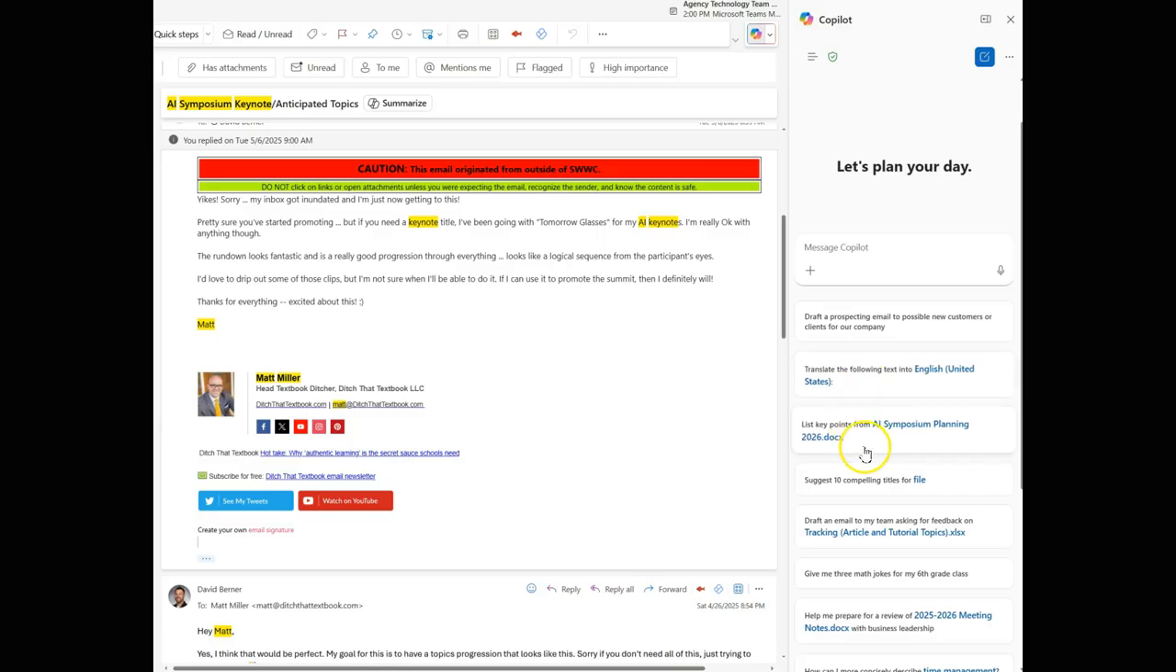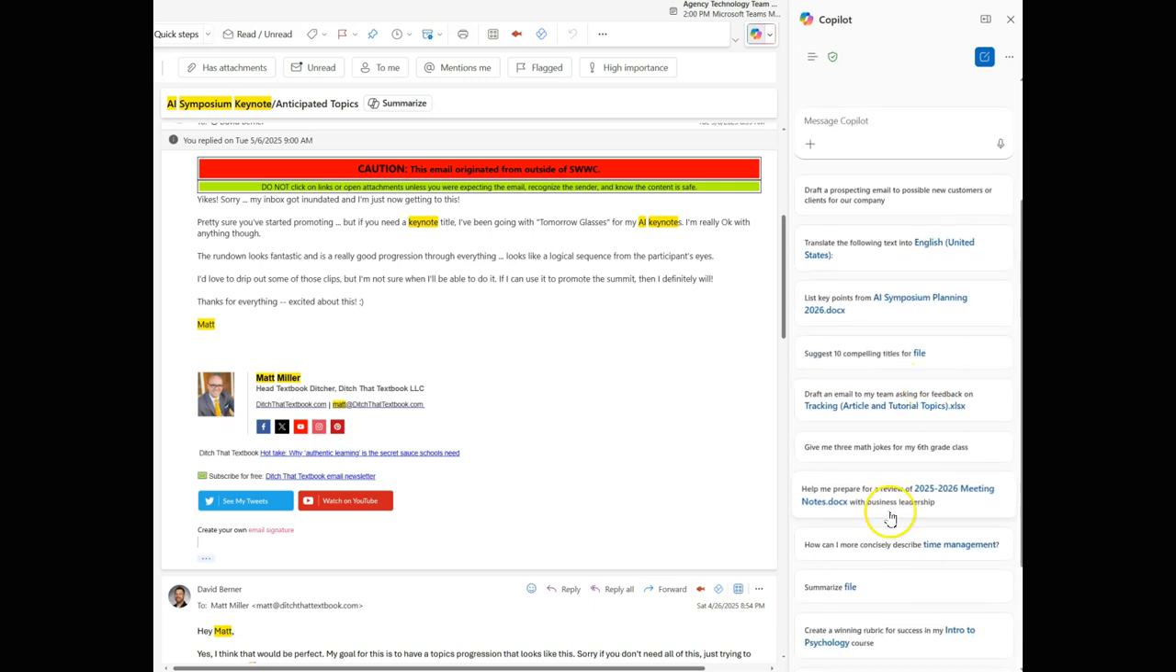So you can go through here, and while these maybe aren't necessarily what you're looking for, you can always search in here and get documents. We'll talk about that in the next tip, which is using the / feature. But for this, what's kind of nice is there's going to be a lot here that I maybe want to work from, or maybe I didn't consider working from in the past. Like this one, help me prepare a review of 26 meeting notes with business leadership. Right, so we could do that, or you have this one, list the key points from AI Symposium Planning